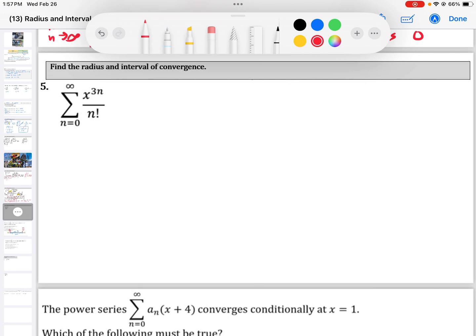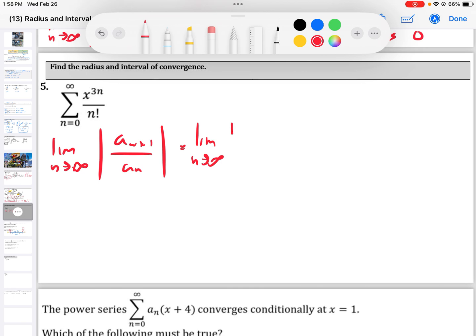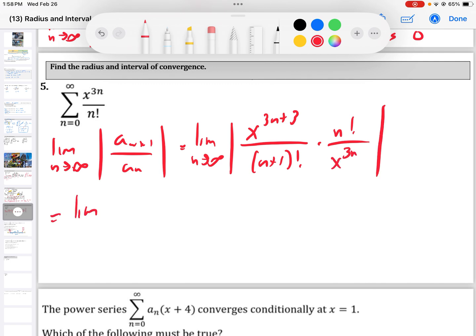All right, number 5. Okay, so I see the x power series, interval of convergence, the limit as n goes to infinity. Solving this is equal to the limit as n goes to infinity of x to the 3n plus 3, because I plugged in n plus 1 for n, and then n plus 1 factorial times n factorial over